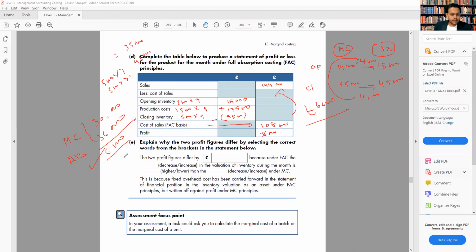All right, so we have a number E. Explain why the two profit figures differ by selecting the correct words from the brackets in the statement below. Okay, the two profit figures differ by 6,000. This one you already know, because absorption costing increases the valuation of the inventory, because we multiply by 9 on the absorption costing, so the closing inventory is more, so it increases the valuation in the month. Of course it is higher